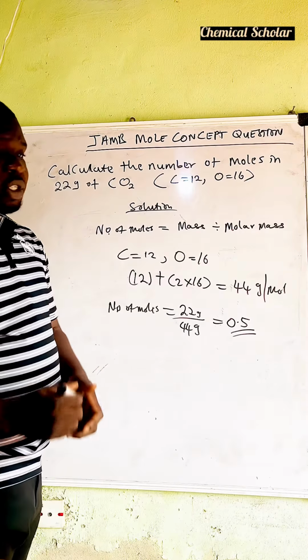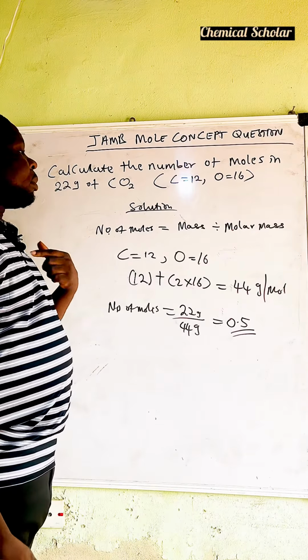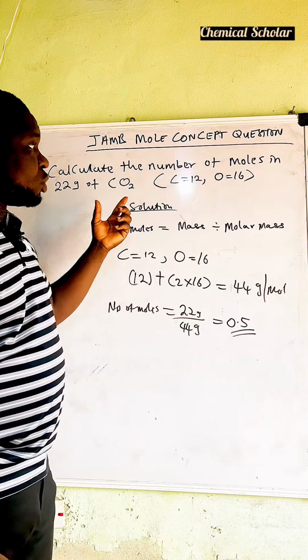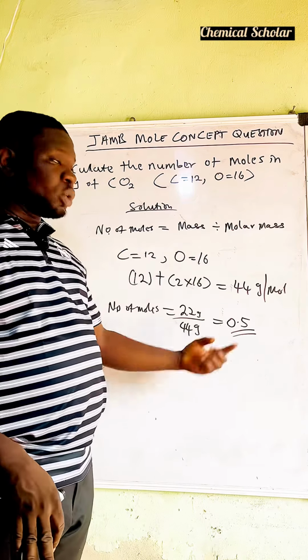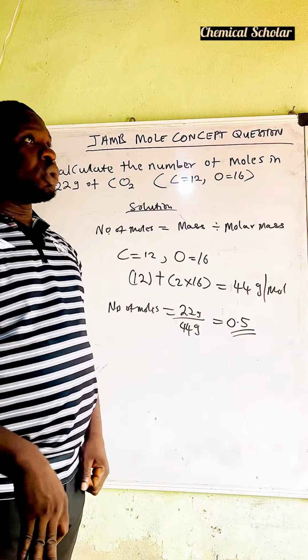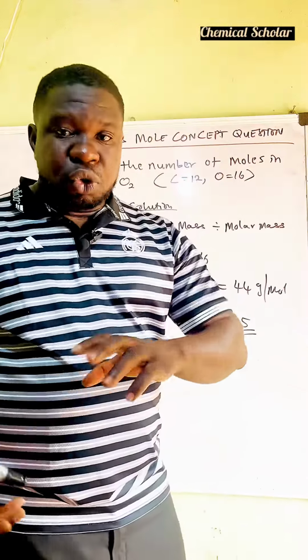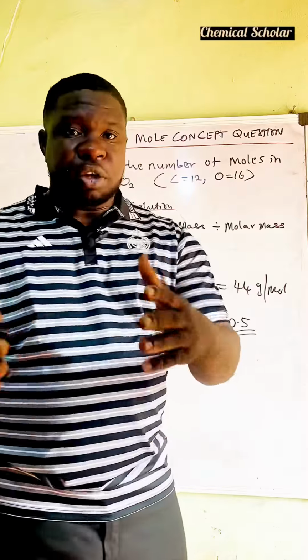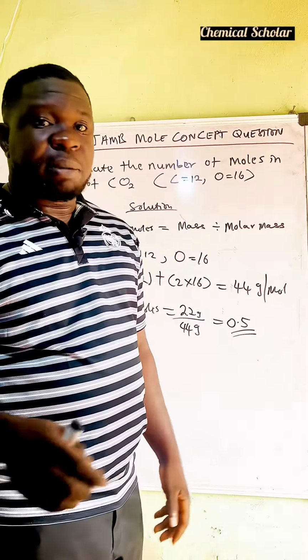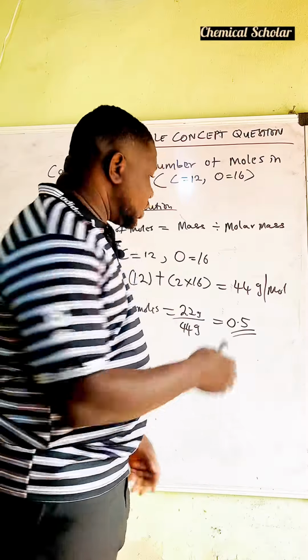So what that means is that 22 grams of CO2 contains 0.5 mole of CO2. Now, if you think about it, if you reason it very well, to know if this answer is correct, you now check. When we calculated the molar mass, we see that the molar mass is 44 grams